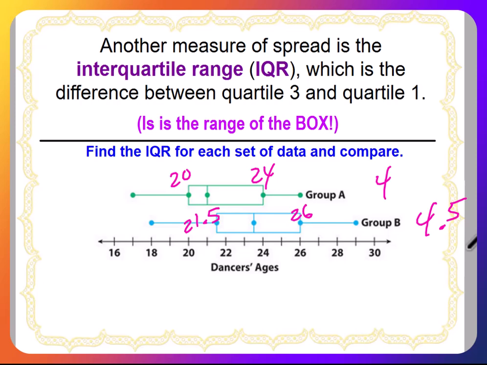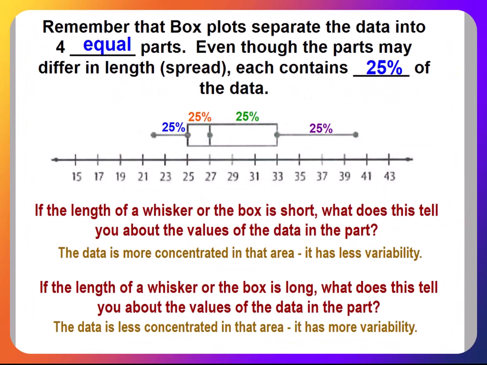So the middle of the data, the middle of the ages, is actually pretty close for group A and group B, right? It's only 5/10 difference, but it's actually really close. That's the IQR, the interquartile range, the range of the middle 50% of your data. Now, speaking of percents,